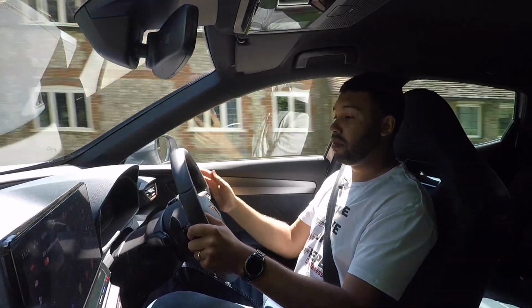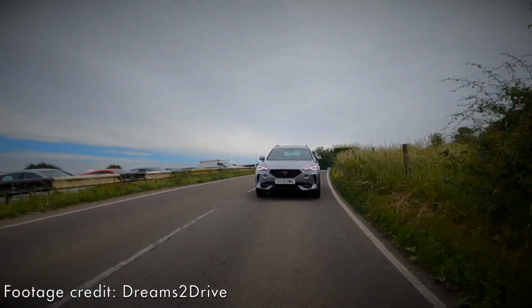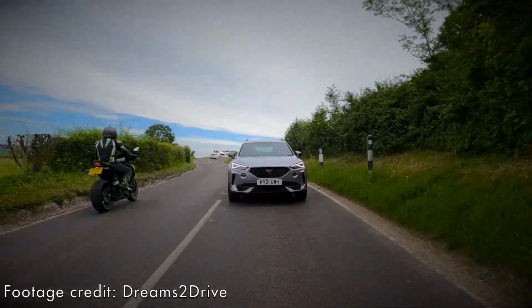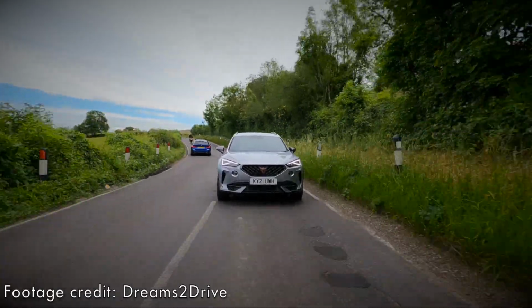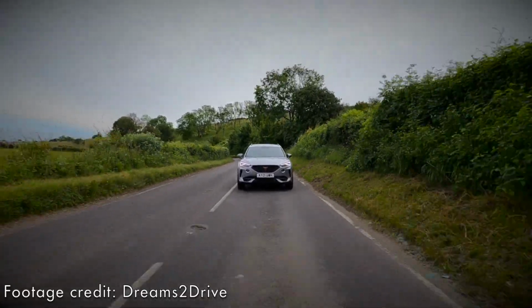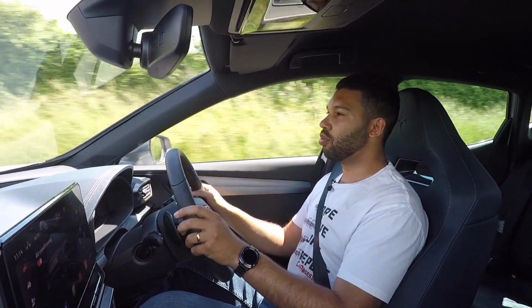And in comfort, all of a sudden, you've got a car that if you just stepped into it, you probably wouldn't realise the sporting potential it has. So the breadth of ability of this car is pretty astounding. You've also got an off-road function if you should desire it, although I doubt you'd want to take this off-road, but it's there if you need it. You've also got individual, and you've got sport and Cupra. You've got a button on the steering wheel, which you can use to get to the driving modes,